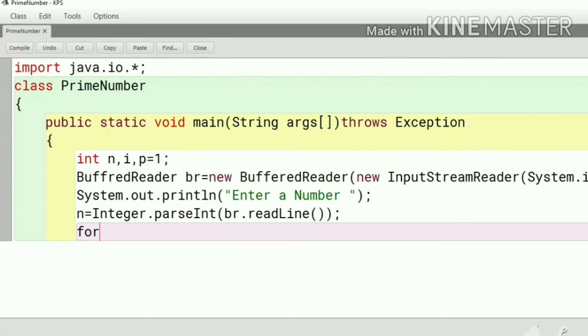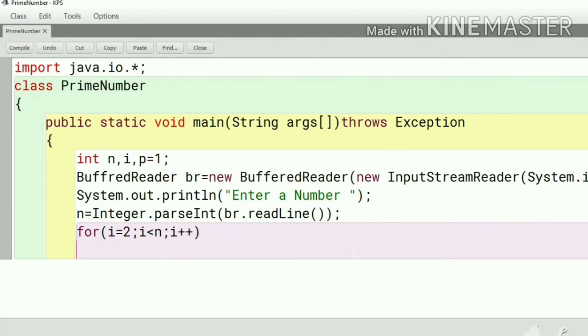Here we'll start with the loop. According to the question, for the prime number we have to check from i equal to 2, because we have to check from 2 and less than that number, not itself, and i plus plus after every increment of the number. Here curly brace open, close.